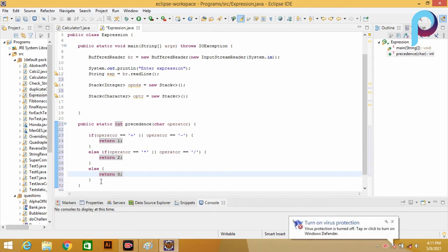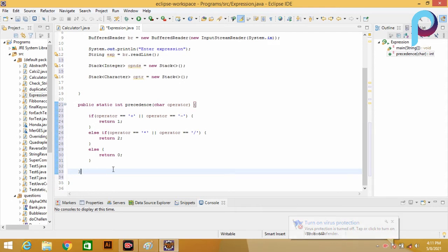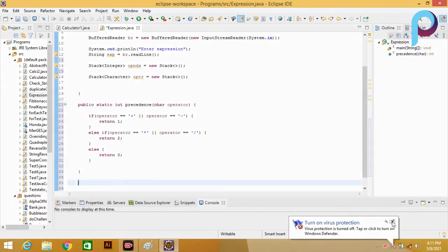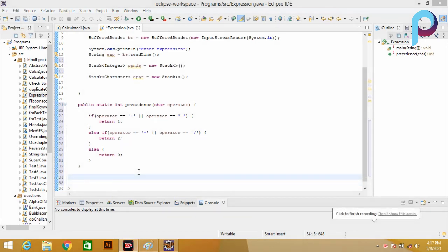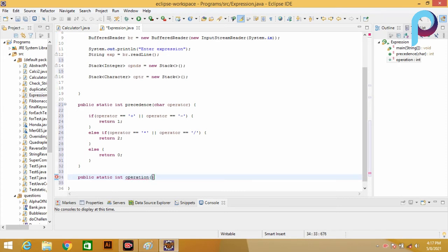Okay, then now we are making another function which is going to perform the operation on operands. So guys, now we are making a function which returns the operation. Public static, integer type, and I can name it operation, and the parameters are integer v1, integer v2, and a character type op.